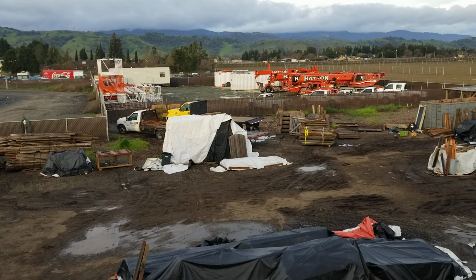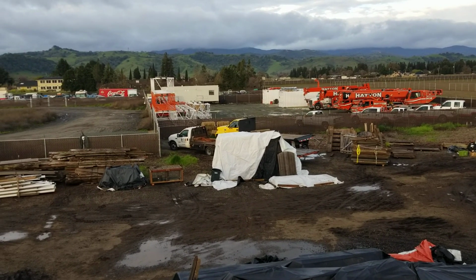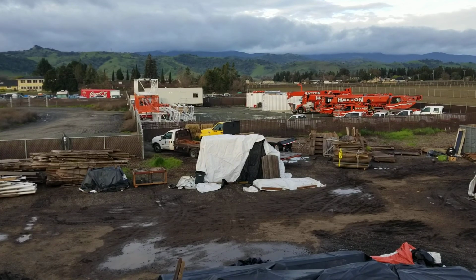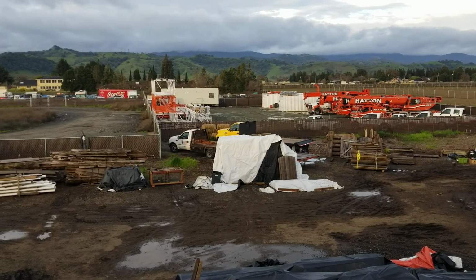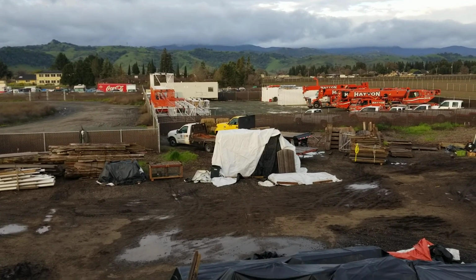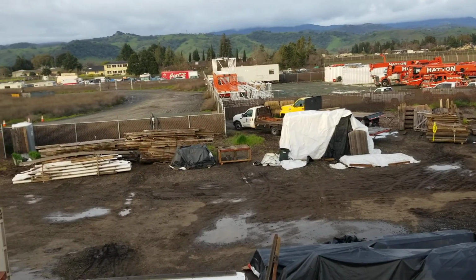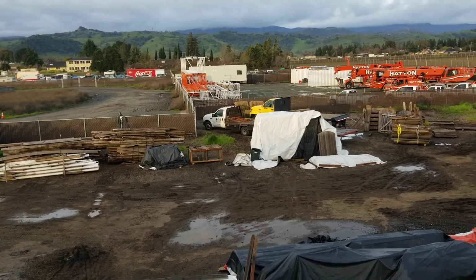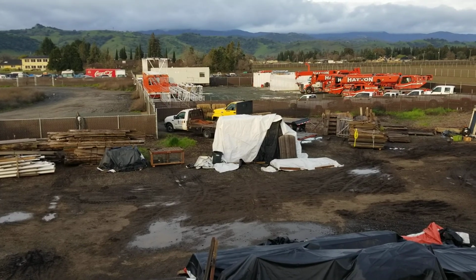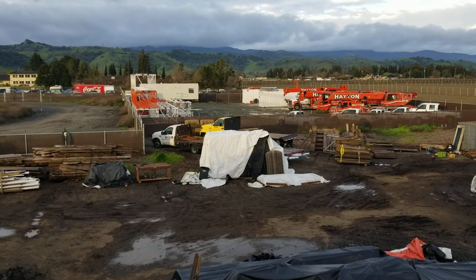You can see just the back end of our little red trailer, and we have retired the Allison, which is that yellow truck. It's been a couple weeks now, because the Allison runs on gasoline, and the F350 there, the smaller truck, runs on biodiesel. We are phasing out fossil fuels from our operation completely this year. So that was one of the first steps, was to stop driving that truck, and so that's why the F350